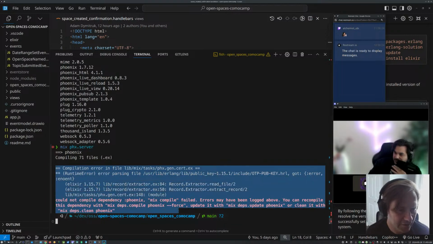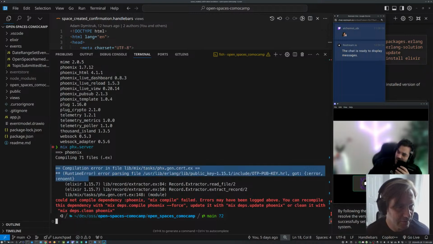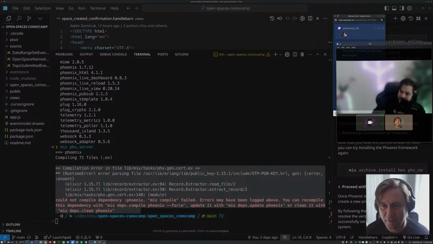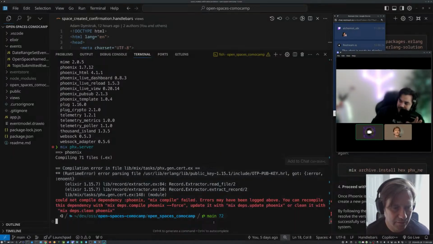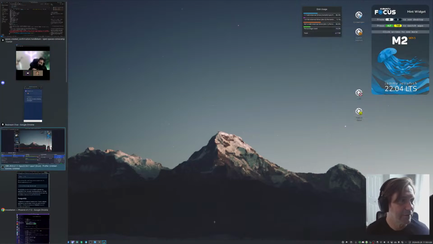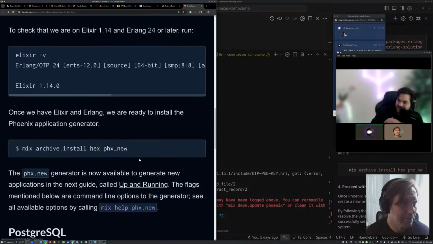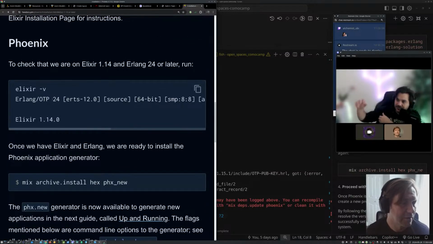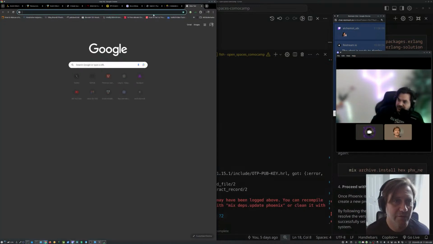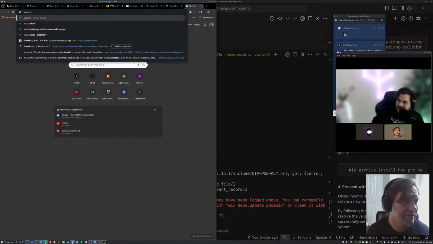AI can help us with this. Oh, okay. So are you sure you installed Erlang? Like from the official docs, we have to run the Erlang installation as well. If we go to the official Elixir docs, oh, it's failing because you see Erlang lib public key is failing. If you go to the official Elixir documentation, not this one, this is about Phoenix, the Elixir install docs.